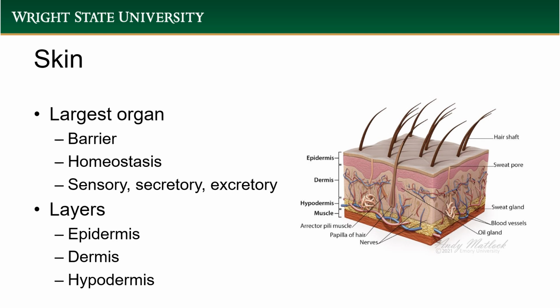Starting with a general overview, the skin is the largest organ in the body, and it functions as a barrier, maintains homeostasis, and contains sensory, secretory, and excretory glands. The skin itself has three layers: the epidermis, the dermis, and the hypodermis. The epidermis contains the stratum corneum, stratum lucidum, stratum granulosum, stratum spinosum, and stratum basale. Dermis contains glands and hair follicles, and the hypodermis is where you find your subcutaneous tissue, including vasculature and adipose